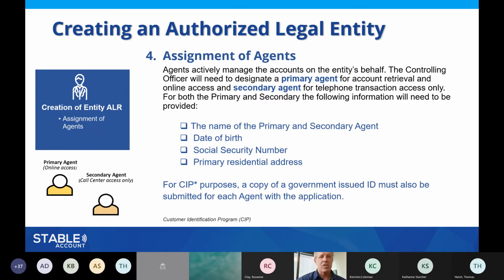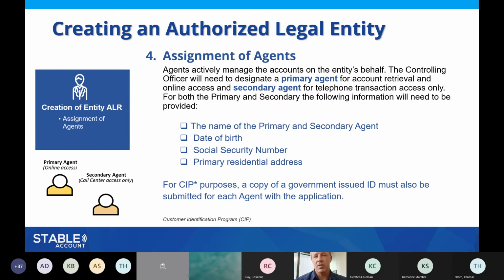Now, one thing I'll mention is that when you apply initially, the form only has one page for a primary agent and secondary agent. I believe they're on the exact same page of the form, and they require some personal information about those two individuals. If you want to structure it, like I mentioned in the beginning, with a couple of different regionalized or segregated groups of people managing accounts within your organization, you can have more than one primary agent, each with a secondary agent attached.